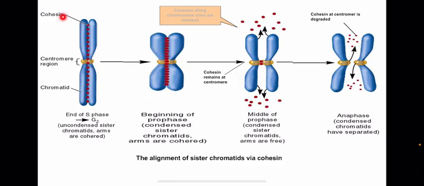So here they are. Initially, the two sister chromatids are held together by cohesin, the protein that brings the two sister chromatids into cohesion. These red proteins are the cohesins bringing the two sister chromatids together, right? This is before it enters the M phase. So at the beginning of prophase, when it is exiting the S phase and about to enter the M phase,